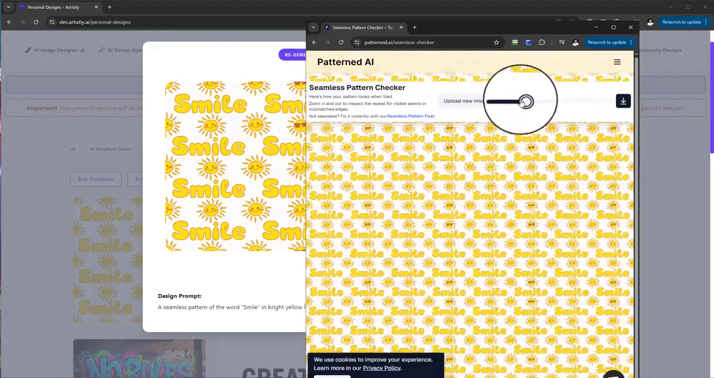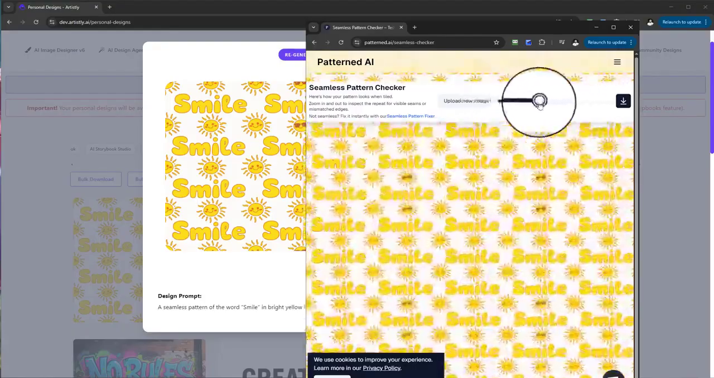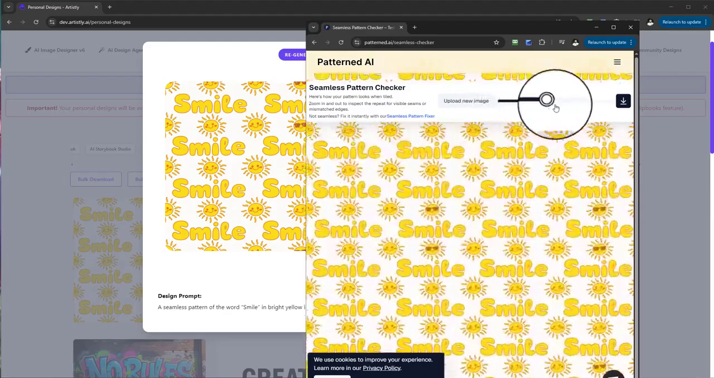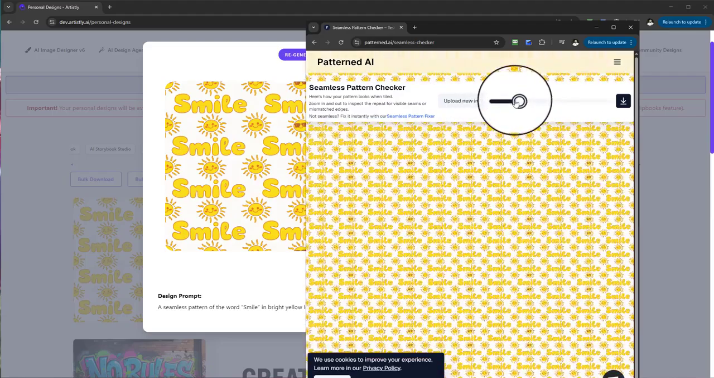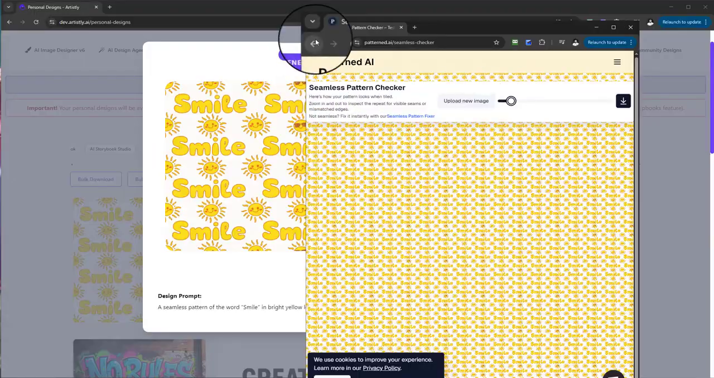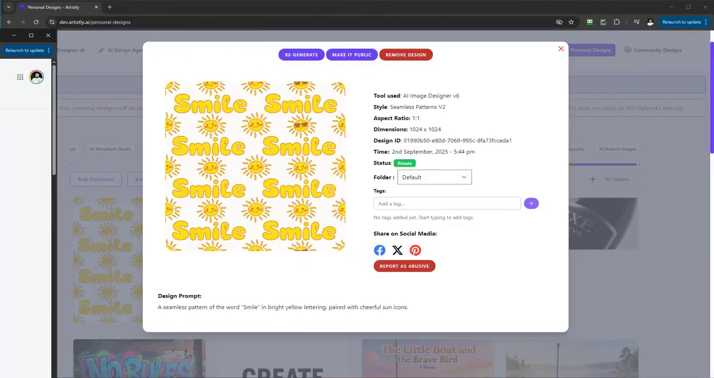If I zoom in and out, you can see that seamless aspect all the way. And it's a really good way of checking to make sure everything is correct. Now, if I go back and move this across,